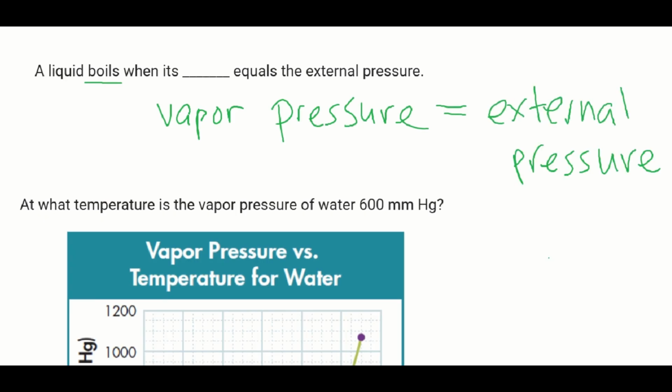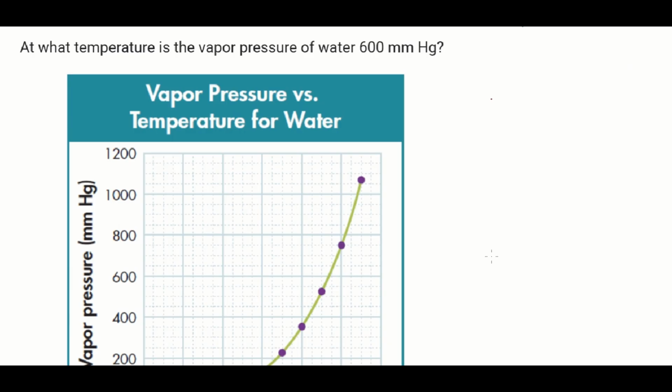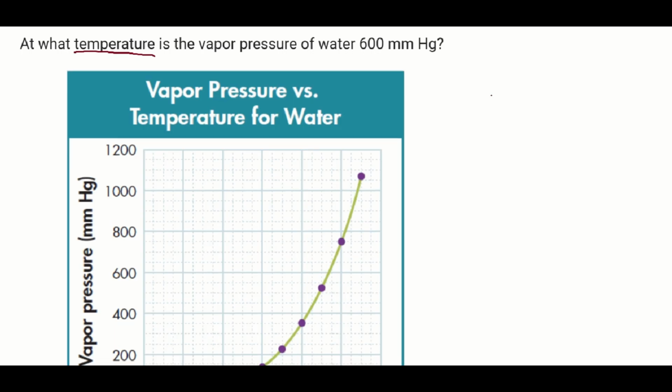Some of you said temperature. How can temperature equal pressure? They're 2 different dimensions. That's like saying distance is equal to time, or weight is equal to height. Next question. What temperature? So now you have to answer the question. Some of you didn't even give me a unit of temperature. You gave me a unit of pressure. And some of you didn't give me units at all. You just gave me a number. So I was asking, what temperature is the vapor pressure of water